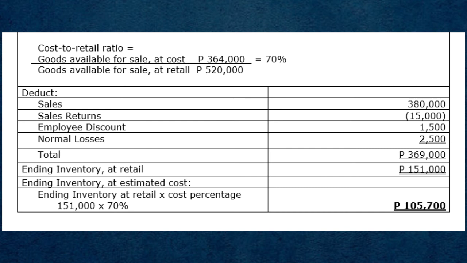520,000 pesos. Deduct sales 380,000 pesos, sales returns 15,000 pesos, employees discounts 1,500 pesos, normal losses 2,500 pesos, total of 369,000 pesos. Ending inventory at retail 151,000 pesos. Ending inventory at retail times percentage, 151,000 times 70% is